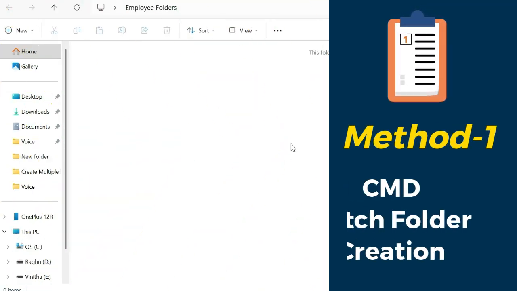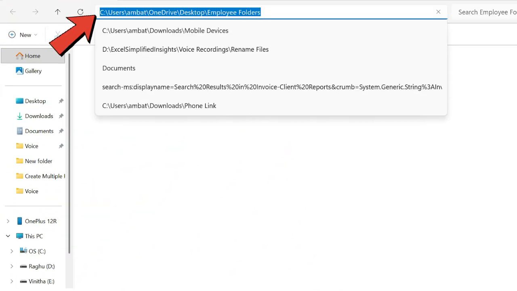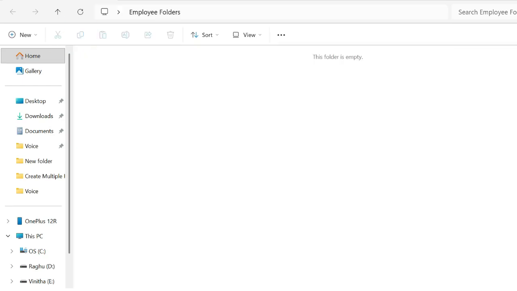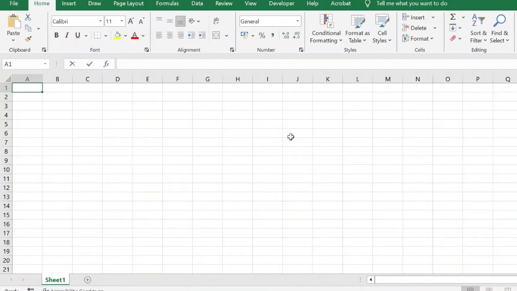Method 1, CMD batch folder creation. First, open your folder, click the address bar, type CMD and press enter. The command prompt opens in this exact folder location. Now type MD followed by the employee folder names. For example, EMP-001, EMP-002, and so on. Each name will become a separate folder, but we don't want to type hundreds of names